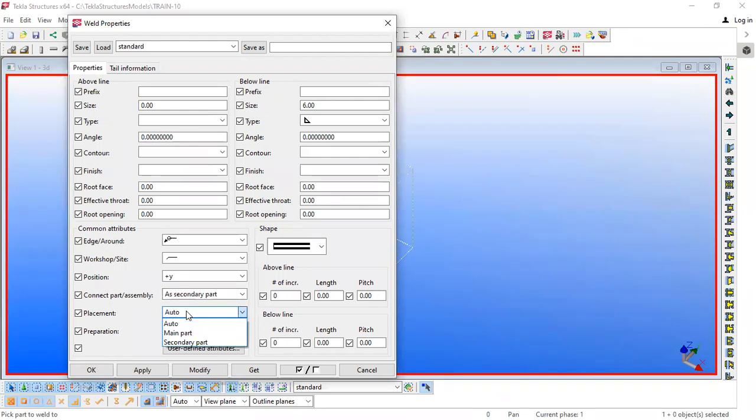This is for placement of the weld for main part or secondary part. So while placing a weld, you have to choose two parts. Okay, so the first part which you are choosing will be considered as the main part. The second part which you are clicking or selecting will be considered as a secondary part. Okay, and those parts will be indicated in color.